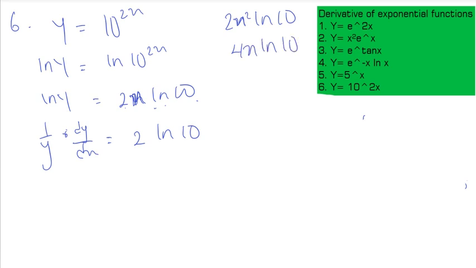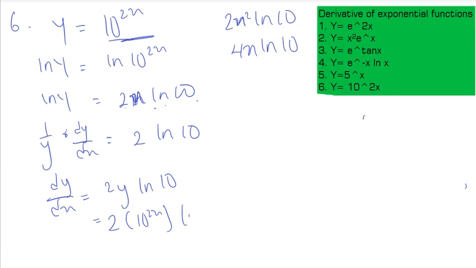Hope you understand this. So now we're going to say dy/dx is equal to 2y natural log of 10. So what is y? y is 10 to the power of 2x. So that will be 2 multiplied by 10 to the power of 2x multiplied by ln 10, or natural log of 10. And this is our final answer. There's nothing much you can do from this point. Although your answer might not look in this form, it might look something like this: 2 into the bracket 10 to the power of 2x,